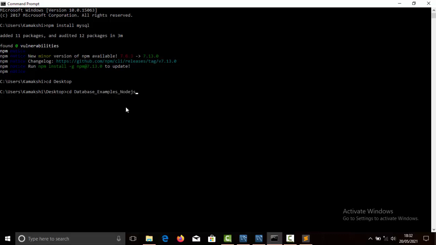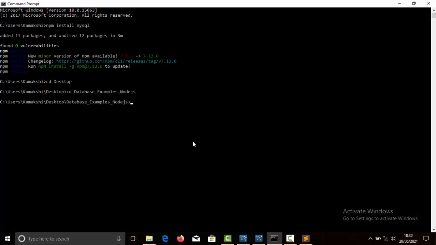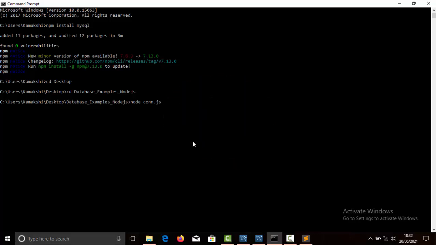Right now the location where I am present is the database examples Node.js folder, and it contains the file con.js, which we will execute. To execute this file, we will use the node command: node, space, the name of the file. Since the name of the file is con.js, let's just specify it.